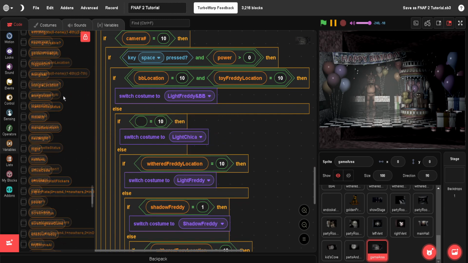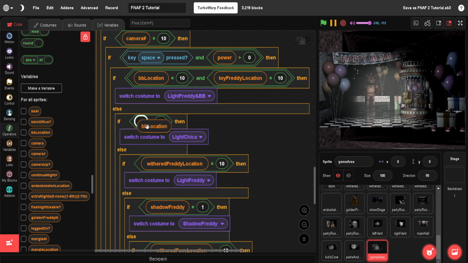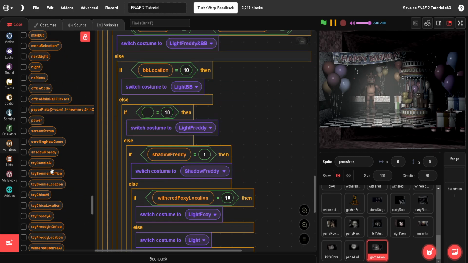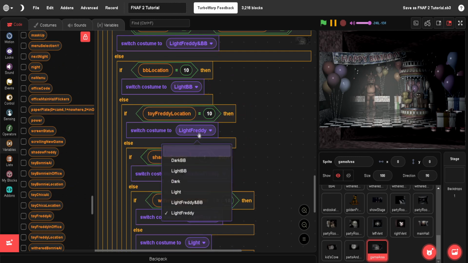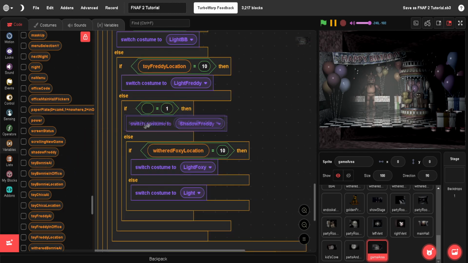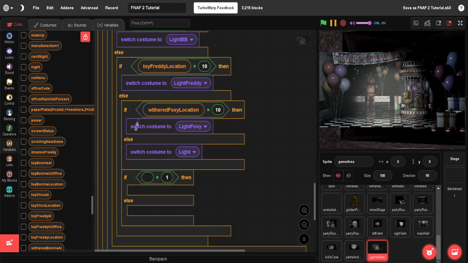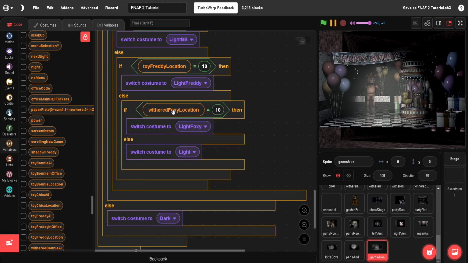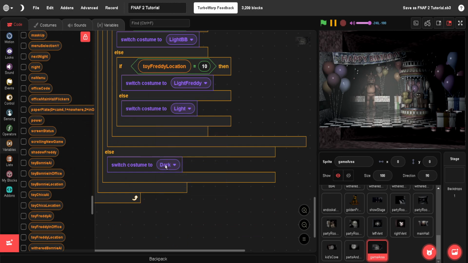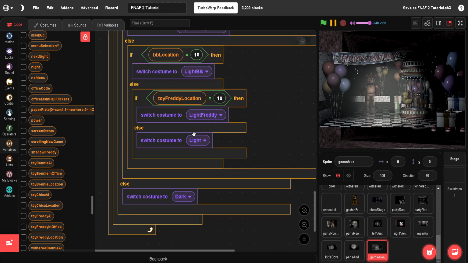Next, we'll just do BB since it's more common for him to be there. You do light BB. Toy Freddy, and you just do to light Freddy. Yep, got it. There is no shadow Freddy, so don't gotta worry about that. Actually, if it's light Freddy, that's the only other option. It's just light, and then the only thing that changes down here